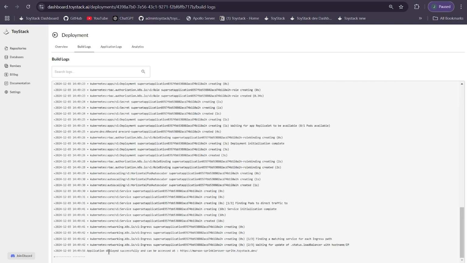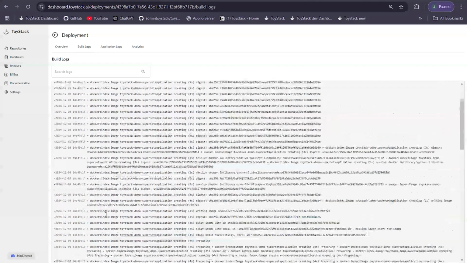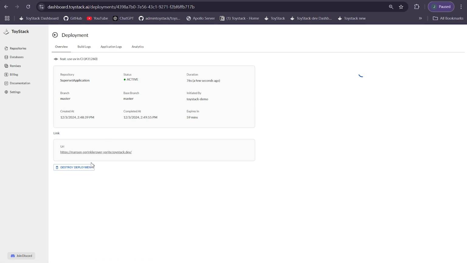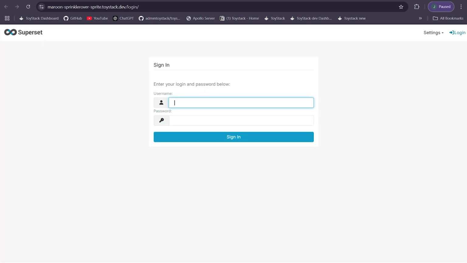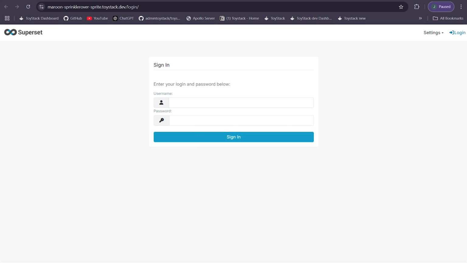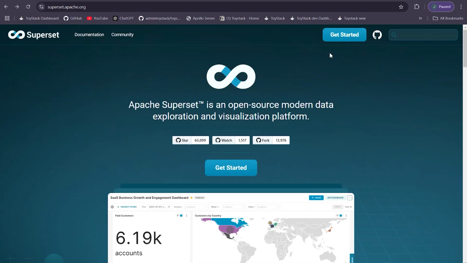So as you can see, our application is deployed successfully and can be accessed at this URL. So it hardly took around 1 minute or less than that to deploy such a great big application. So you can click on overview tab and click on the URL, and you can see the Metabase sign-in page. So once you give your credentials for username and password, you will be able to view the same page over here. You can start using Superset